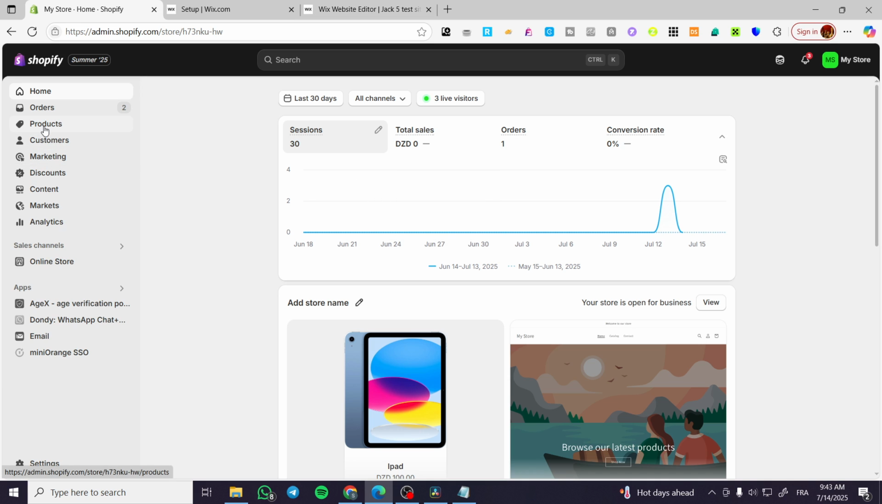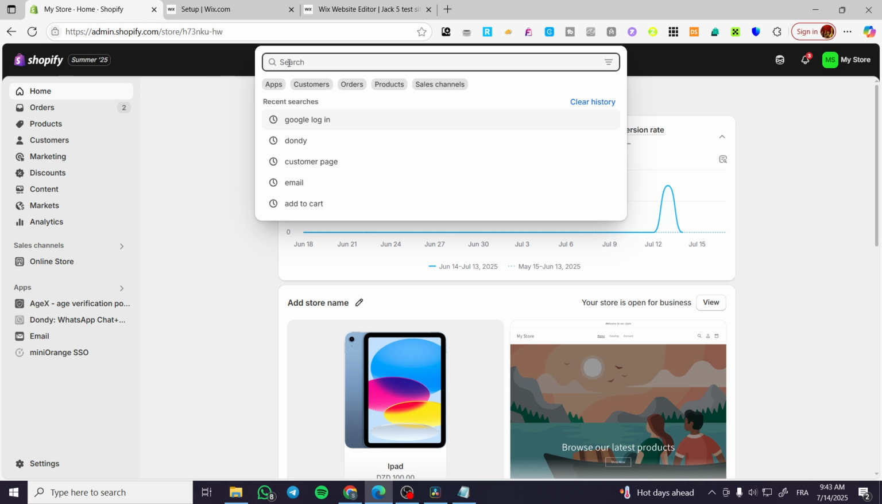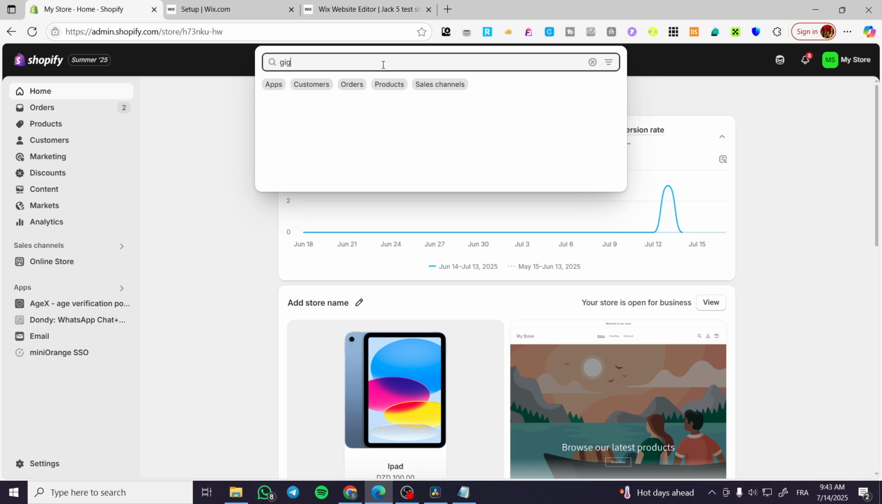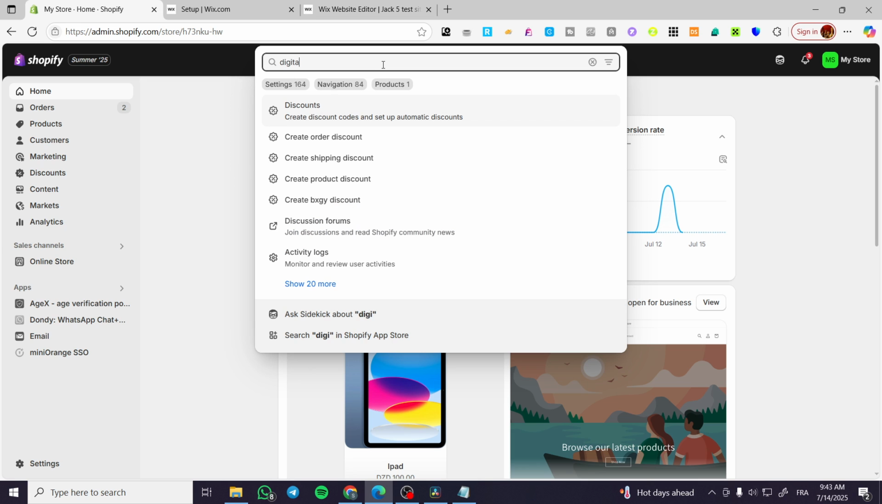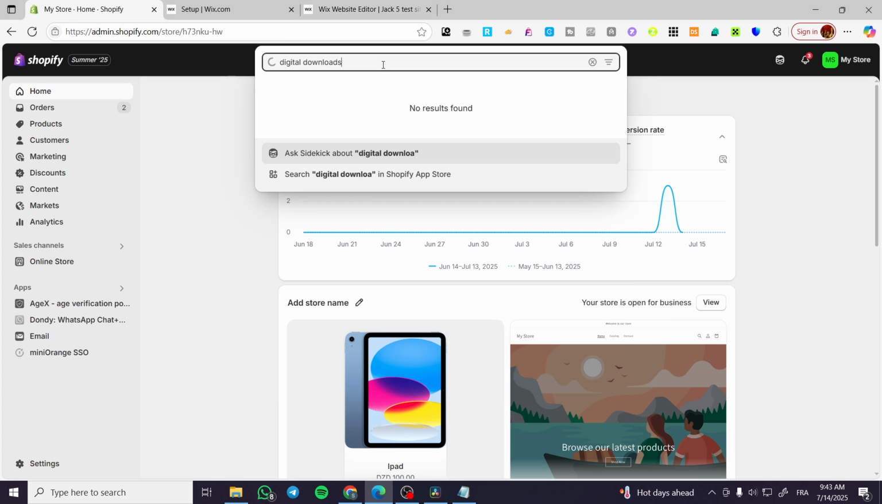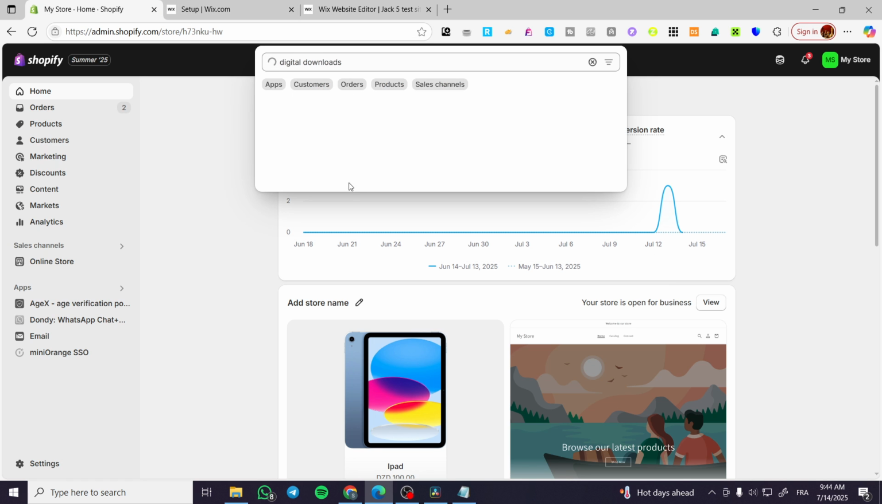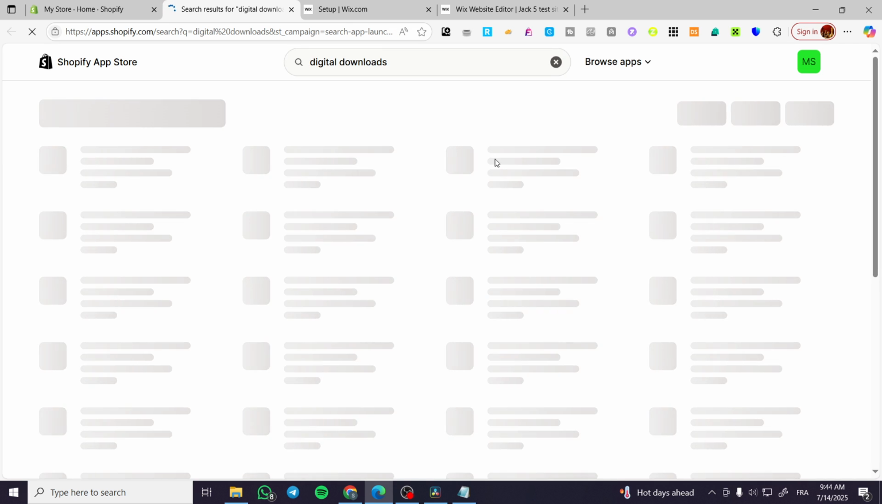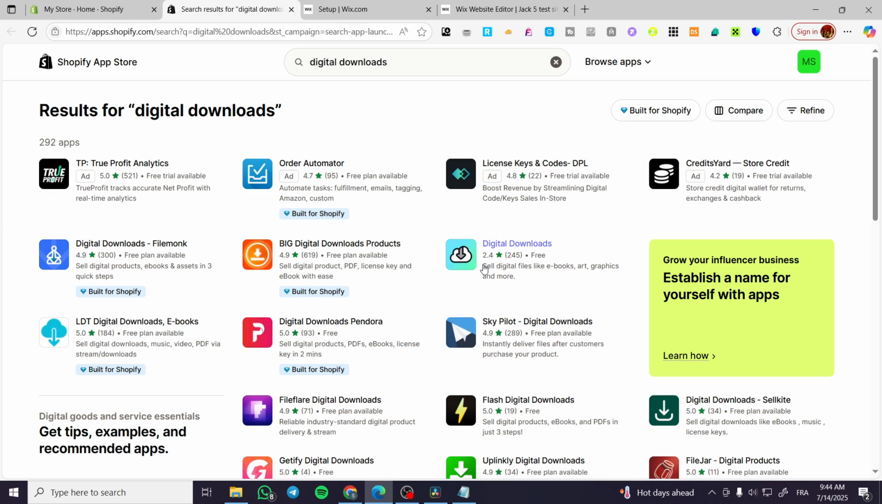Before we add the digital product, we are going to sign in to the account on the admin dashboard, and we're going to search for a certain app on the search bar here, which is Shopify digital downloads, like that. We're going to search for it in the Shopify App Store. And we are going to find it right there. I'm going to use a free app this time because I do not want to pay for something,